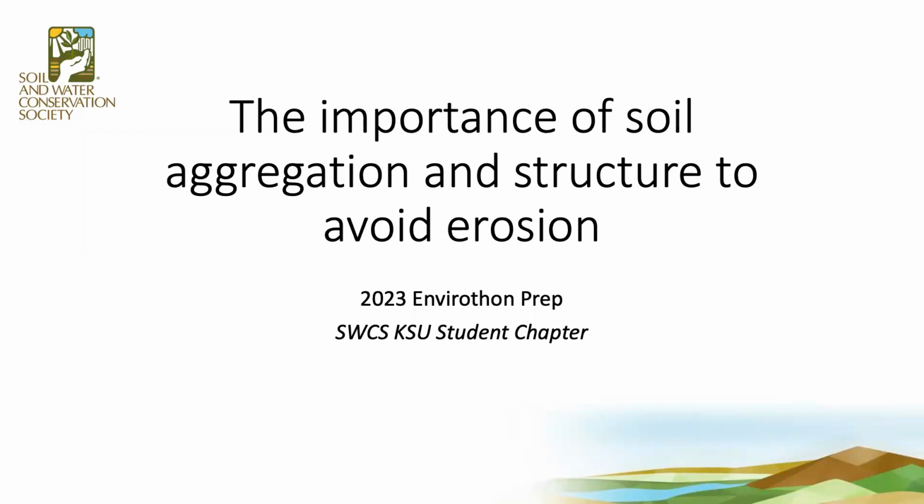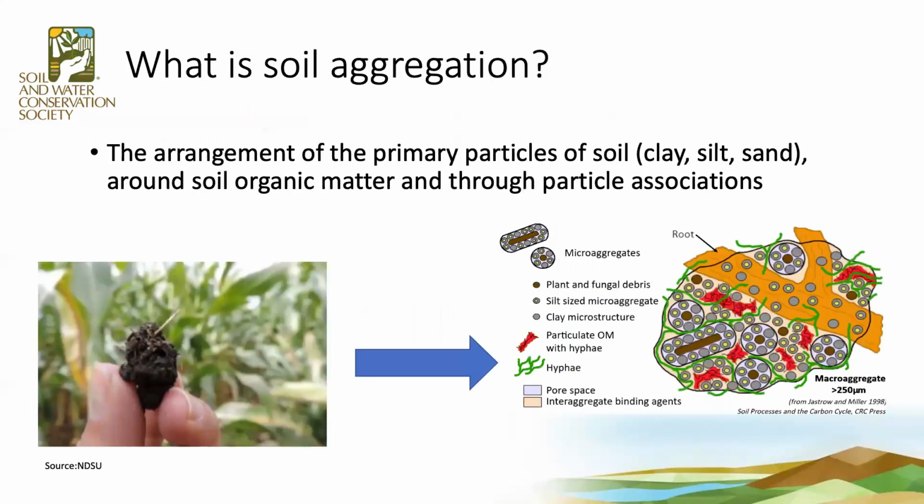And today I'll be talking a little bit more about the importance of soil aggregation and structure to avoid erosion. So what is soil aggregation? Soil aggregation is the arrangement of the primary particles of soil, such as clay, sand, and silt, around soil organic matter. And you can see in the picture on your left a simple representation of a soil aggregate, and it